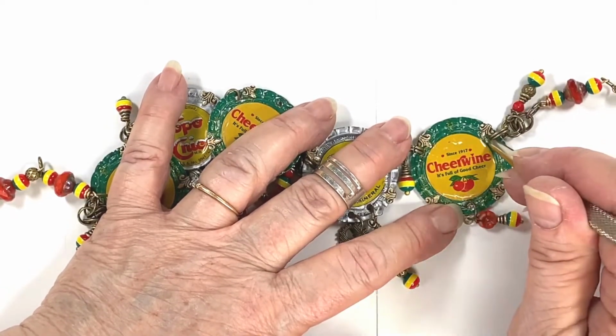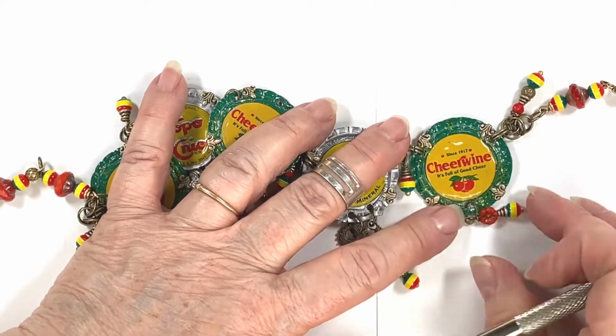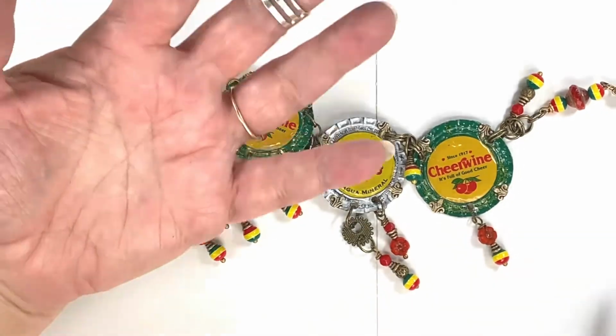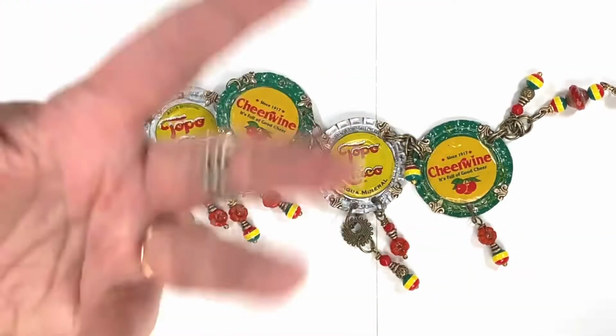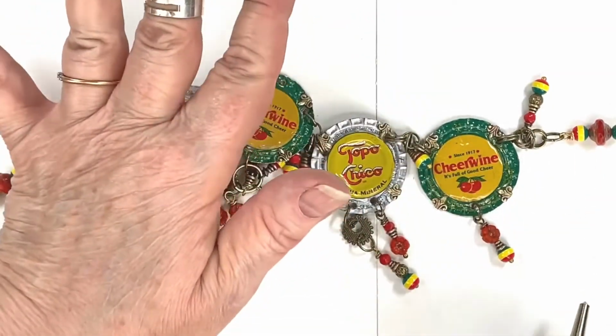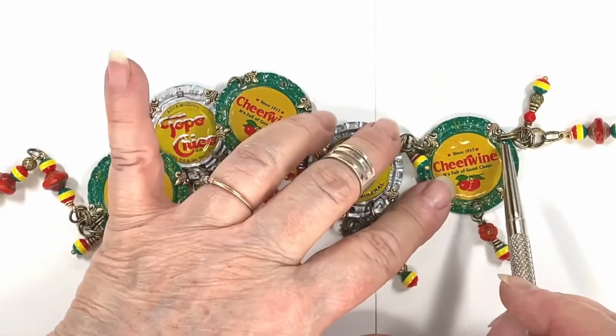So put it right here and right here. And then if you want to put a dangle on, personally, I think when you're making a necklace like this, you should. It just looks a little bit better. You don't have to. Then you want to put one in the middle. So we require 3 holes. Very simple. Just remember, it goes off to the